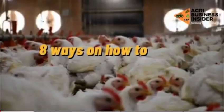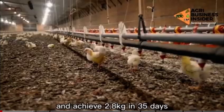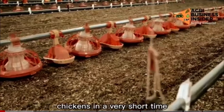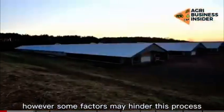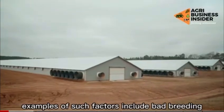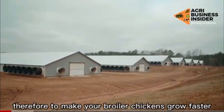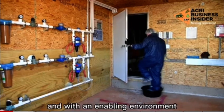8 ways on how to make broiler chicken grow faster and achieve 2.8 kilograms in 35 days. The wish of every broiler farmer is to attain the expected weight of their broiler chickens in a very short time. However, some factors may hinder this process. Examples of such factors include bad breeding, poor nutrient, poor welfare and diseases. Therefore, to make your broiler chickens grow faster, you have to prevent these negative factors, and with an enabling environment,